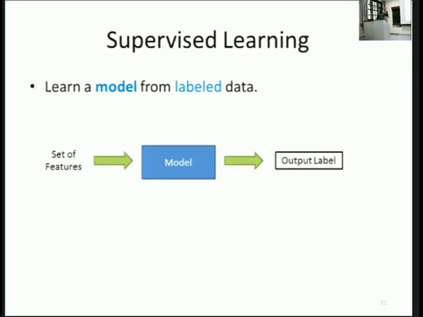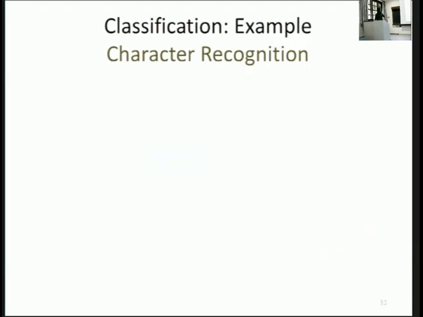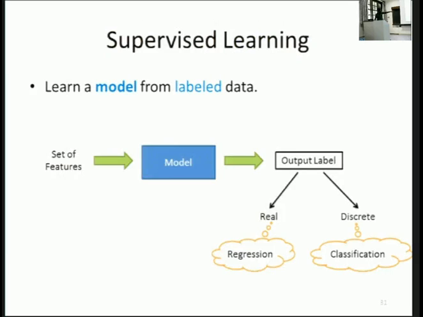Now, supervised learning is broadly of two types according to the output label. I'm talking about the basic things. If the output is discrete, it's called classification. If it is real, it's called regression. In our case of the mangoes, raw and ripe is discrete, so it can only take two states, -1 and +1, if you call -1 raw and +1 ripe. But there are some cases where the numbers can be real, where you want the computer to predict a real number. So the basic idea is classification and regression.